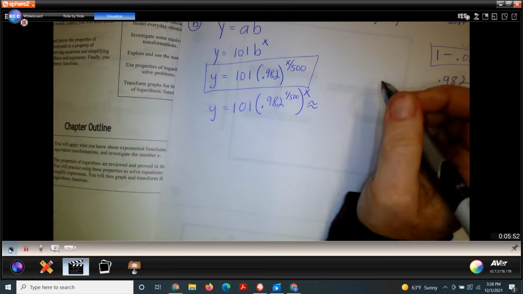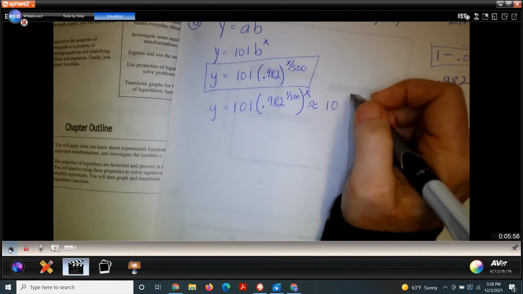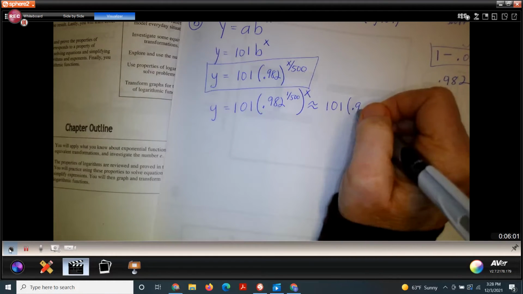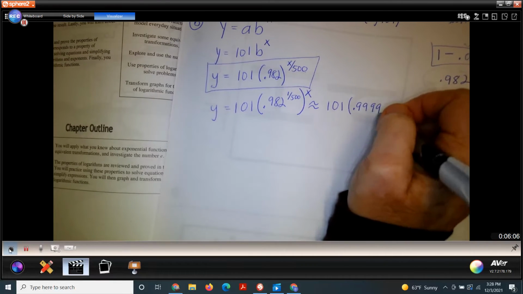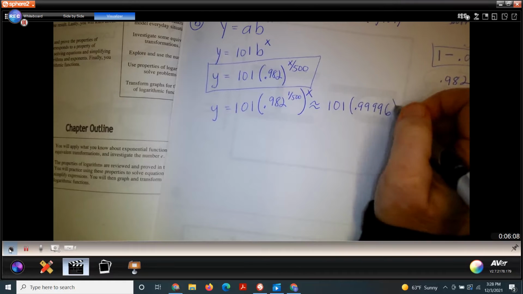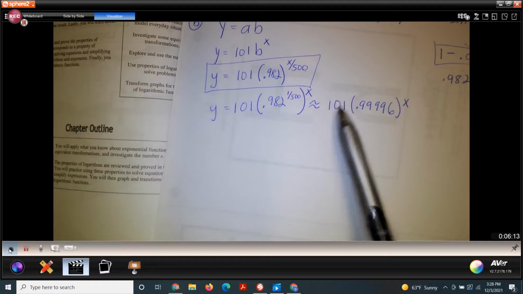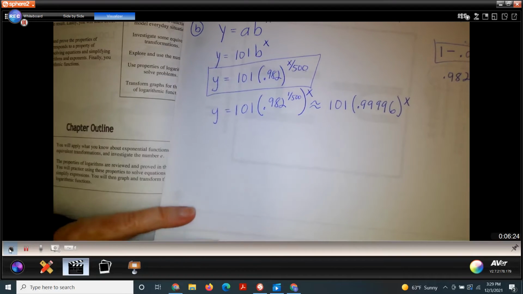And when you do that, now you have a rounded number. And we have 0.9996. So now it's perfectly in y equals a times b to the x form. The only problem being you had to round it, which I guess is not that big of a problem. And then if I wanted to have a table and a graph,